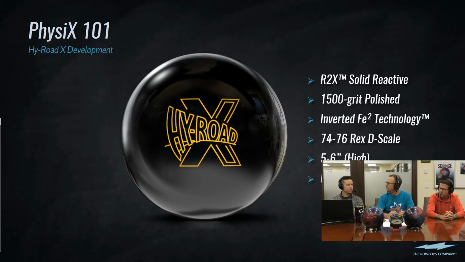You don't want something that really jerks, that really snaps, whereas a High Road Pearl might overskid and just miss it a little bit. The new High Road X is really going to shape well, and even for the higher rev players, it's just fun. It's a fun ball to throw. It shapes just. Who doesn't really like a black bowling ball?